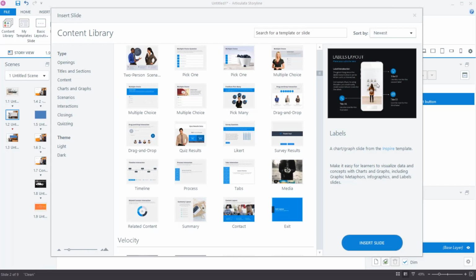Also on the Articulate forums, a lot of times people will share templates or projects that they've created, either as part of the e-learning challenges or as a solution to a problem, or just out of the goodness of their heart, and you can download them and play with them. That's actually how I got a lot of my Storyline knowledge, by taking those and working backwards, saying, okay, if I pull this out, what happens? If I pull that out, what happens? Okay?